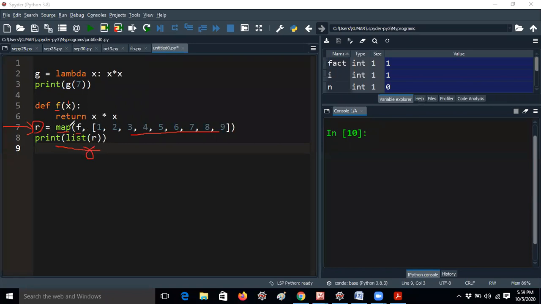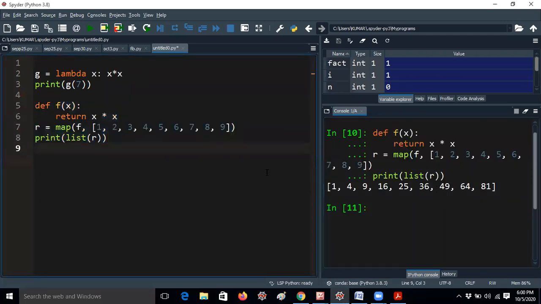But this will return a map object value. Okay, but you should not give that value. List of r only. You no need to use list of r; you can give a set of r, a tuple of r, you can give anything, whatever it may be. These are predefined actually. List is a predefined constructor actually. Okay, first let me run this code.